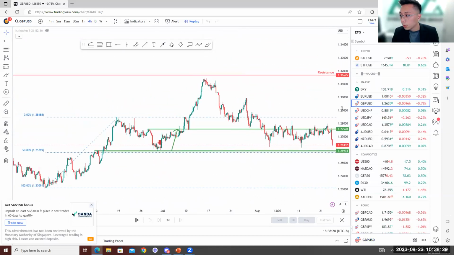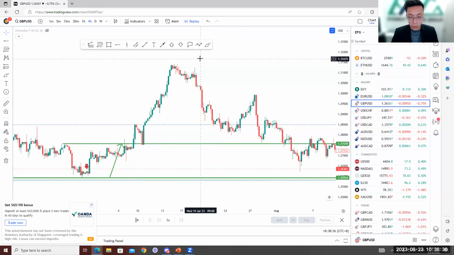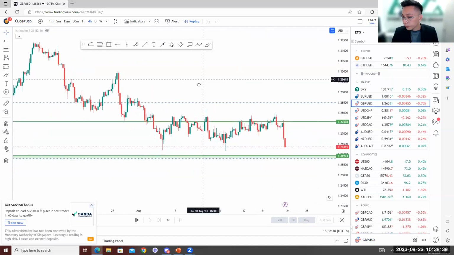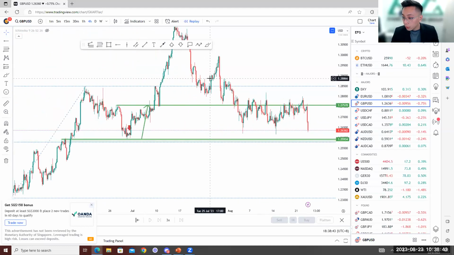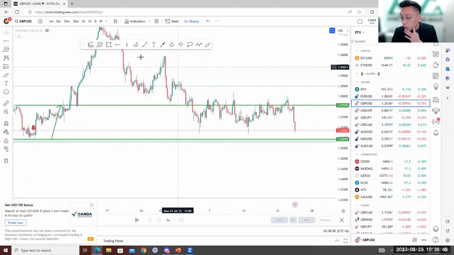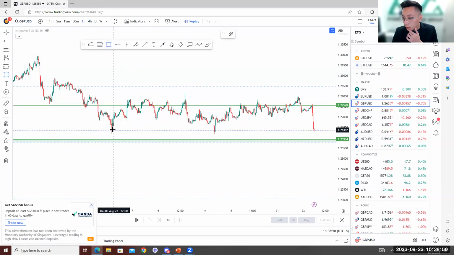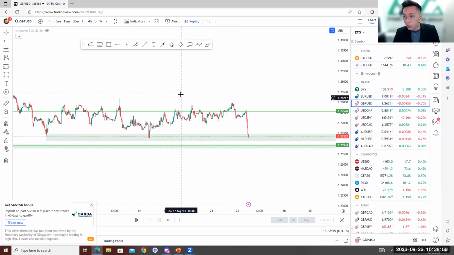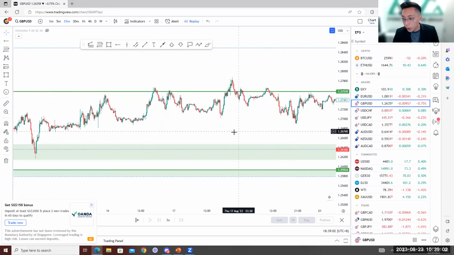This is not very nice. I'm looking, okay, so personally, I'm looking to buy around this area right here for GU itself. But if I were to go to the 15-minute time frame, I would definitely want to see,